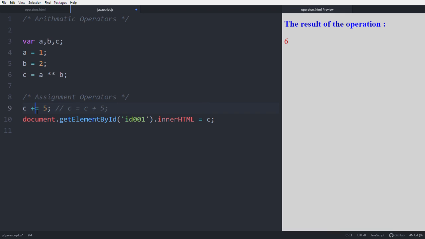And you can do other operations also like multiplication, and C into 5, C previous value is 1 into 5 is 5. The result is 5, and you can do exponential, division, modulo, like that. Exponential. See, the C value is 1. 1 power 5 is 1. The output is 1. This is the arithmetic and assignment operators in JS.